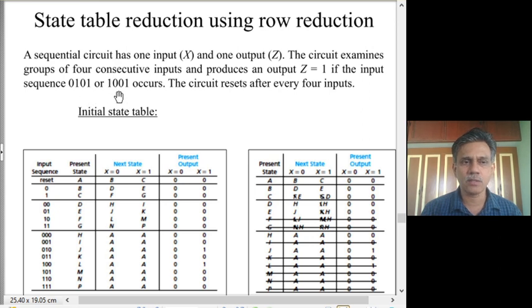If either one of these 2 patterns appears in that group of 4 bits, then at the end of that process, that is after getting the 4th bit, you indicate whether the pattern has occurred or not. If you use a Mealy approach, then at the same time the 4th bit occurs, you have to indicate the output. If it is a Moore machine, after receiving all 4 bits, in the next clock period you have to indicate the output. Let us follow the Mealy approach.